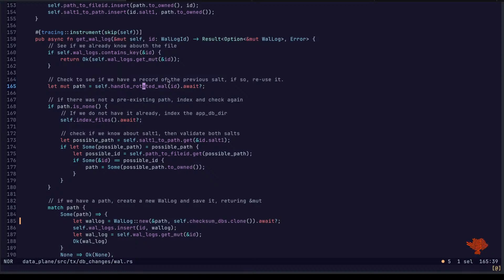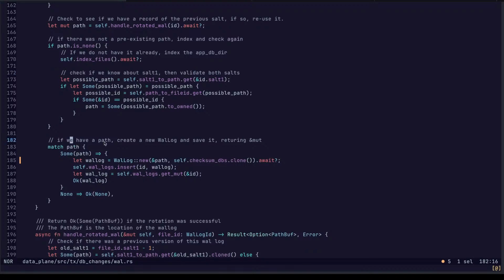Check to see if we have a record of the previous salt. If so, reuse it. There was not a pre-existing path index, and check again. Index all the files again. We have a path. Create the new wall log and save it.